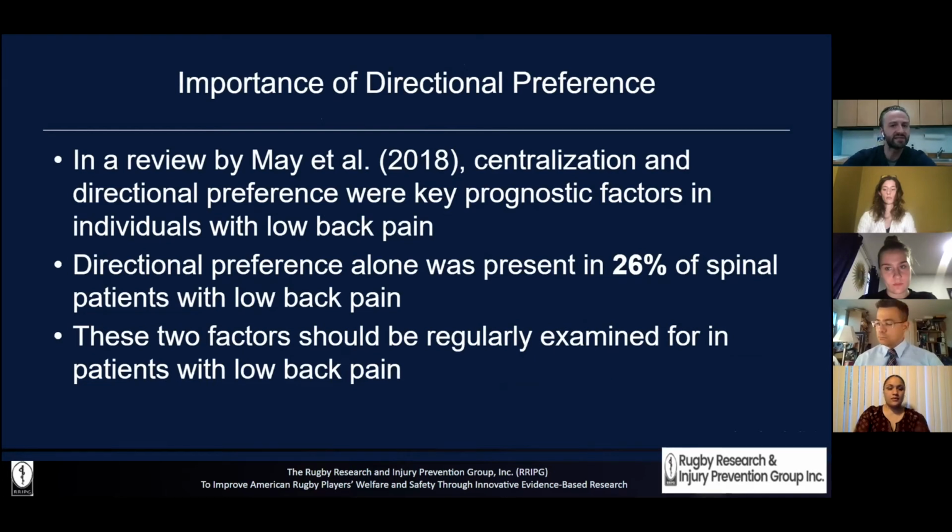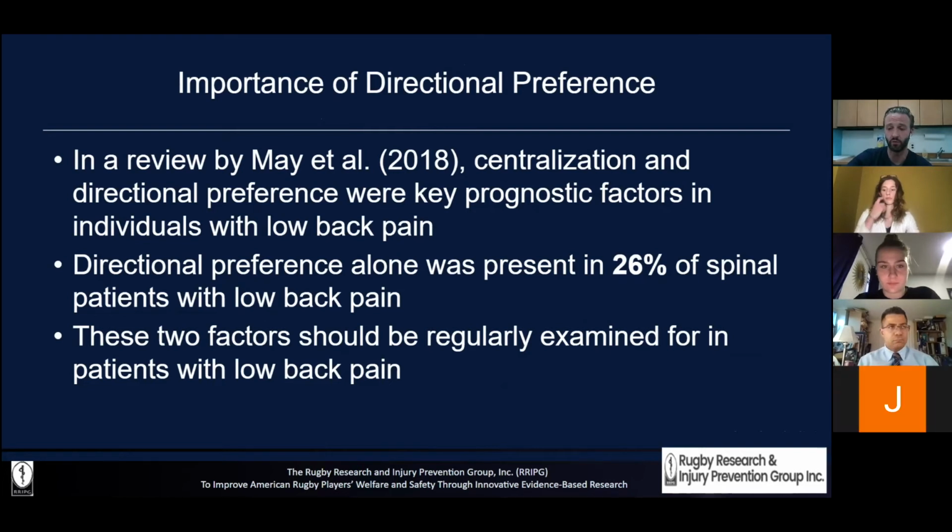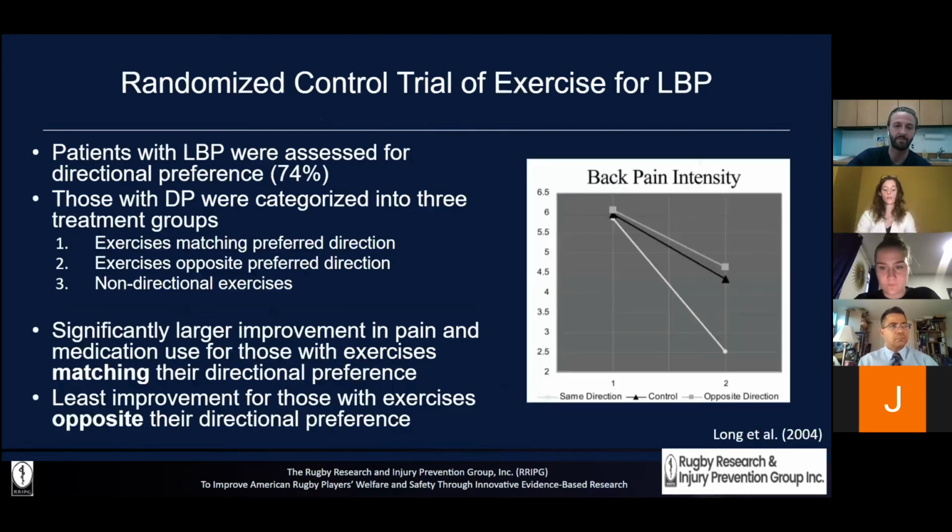This is a review by May in 2018. Centralization and directional preference were key prognostic factors in individuals with low back pain. Directional preference was present in 26% of all spine patients with low back pain. These things have to be looked out for more often, right? Do they have a directional preference? Can you centralize their pain? And I think this was Audrey Long's study,